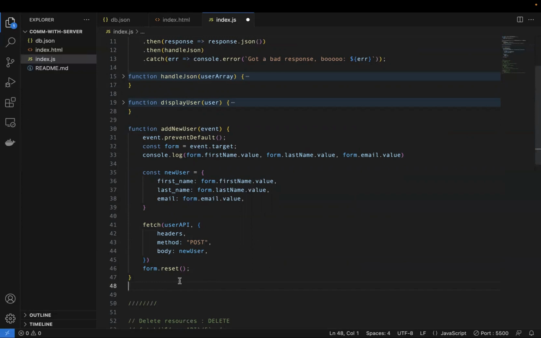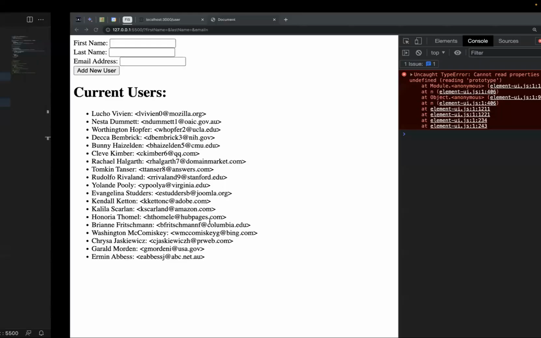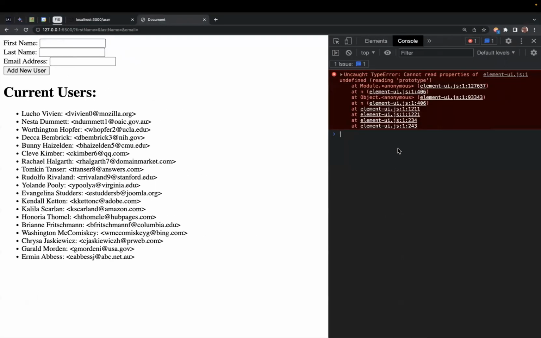Is it going to pass it in like unreadable JSON? Yeah, exactly. So remember, HTTP is a text or string-based protocol, and new user is a JavaScript object, and nobody knows what to do with that outside of JavaScript. So we need to turn it into a string, and just to underline that, if we have an object,